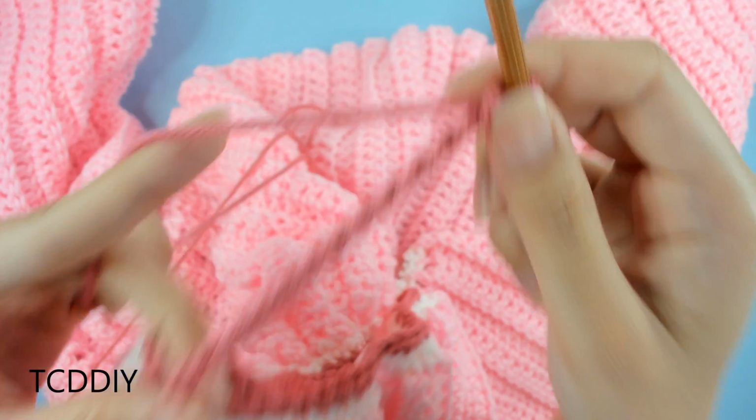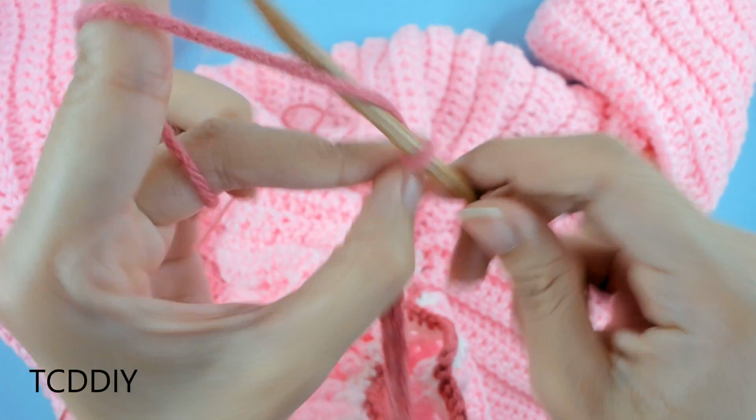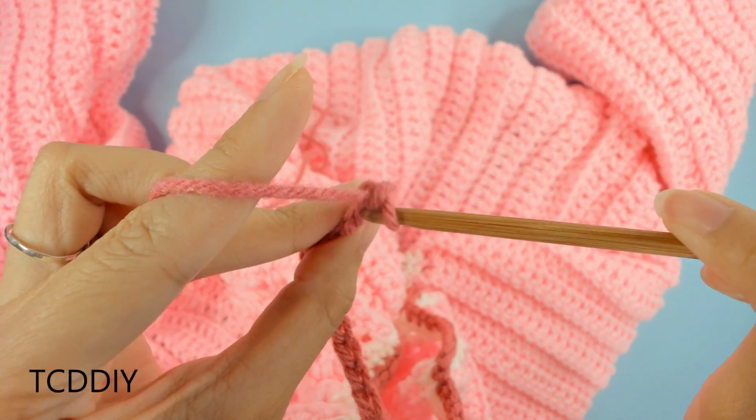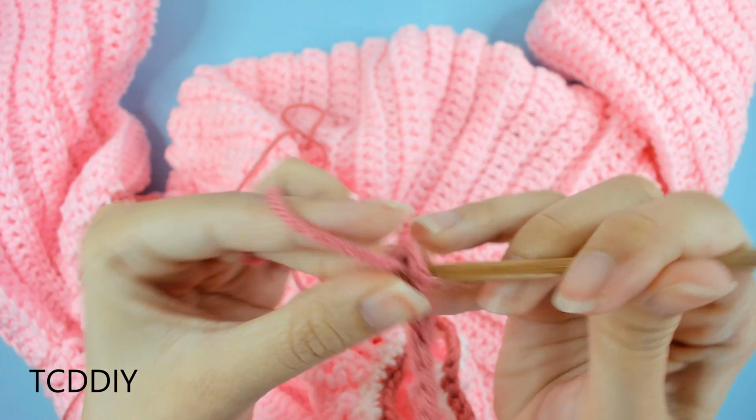Once we have that chain, what we're going to do from here is block off that last chain that we just did. We're going to chain up 1 extra, and then we're going to insert our hook into that chain that we blocked off, or the second chain from the hook, with a slip stitch,